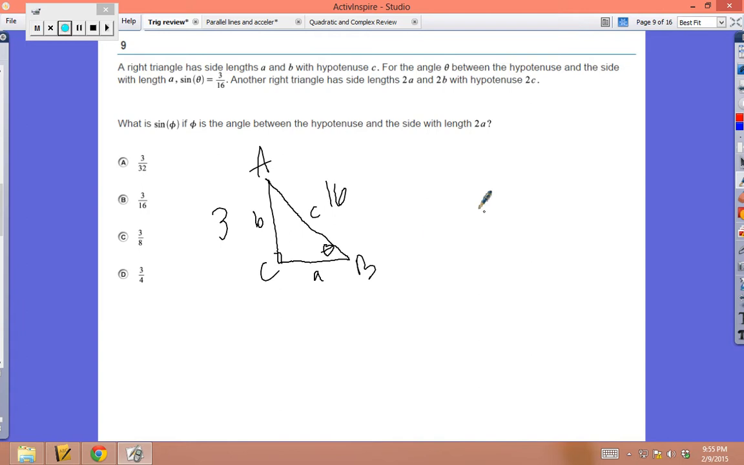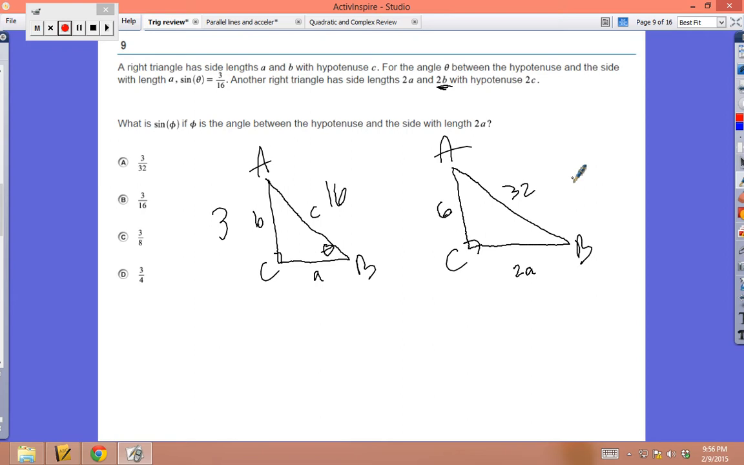Okay, another right triangle has sides that are doubled. So 2 times A, 2 times B, 2 times C. So I'm going to draw maybe the same picture, A, B, C. Okay, so 2 times A, this is 2 times whatever A is, and this is 2 times B, but I know B is 3, so this is going to be 6, and 2 times C,